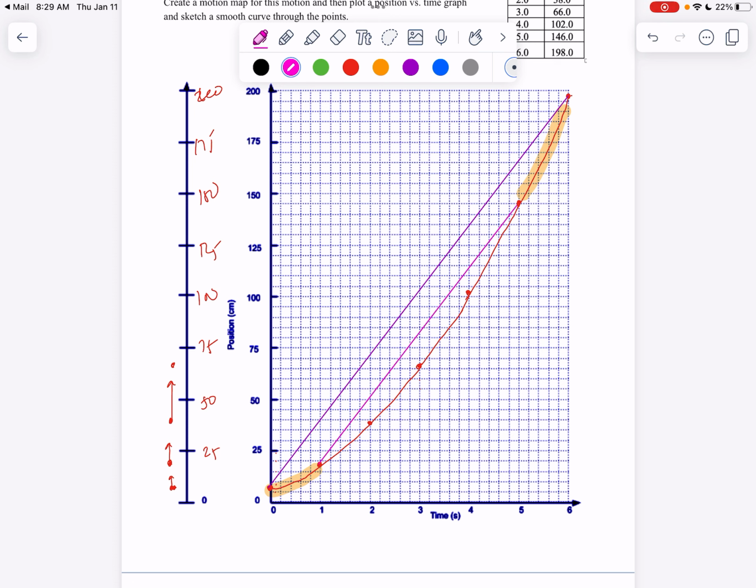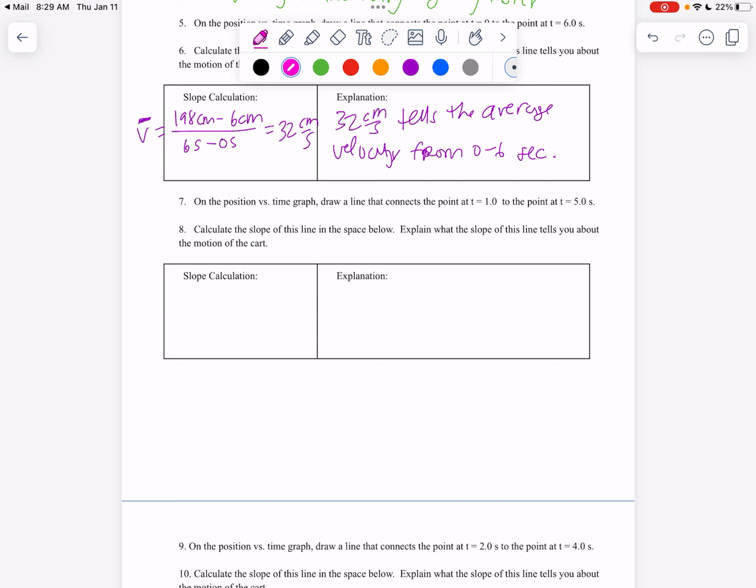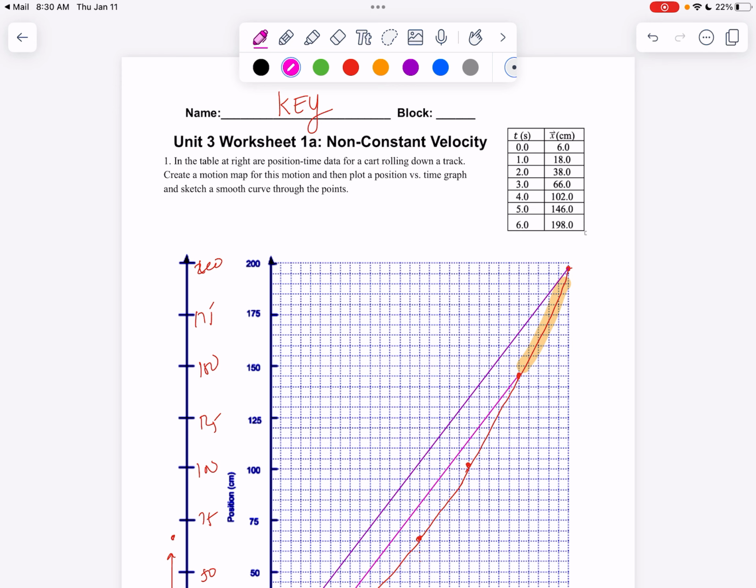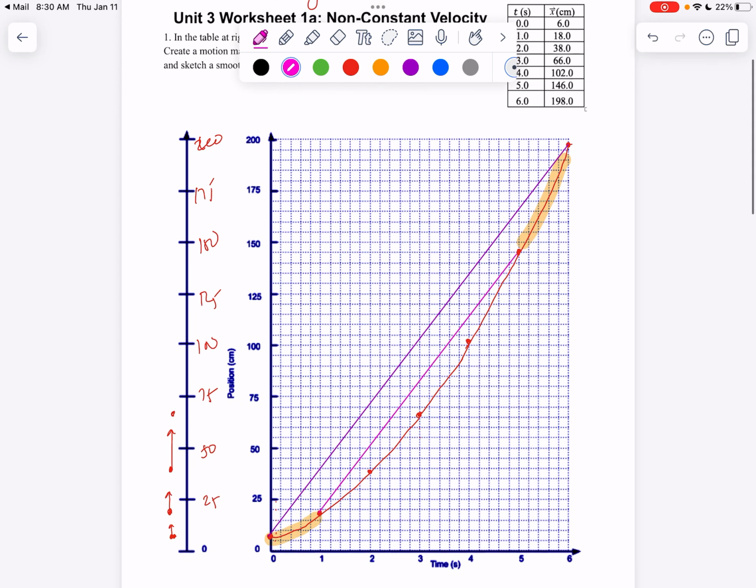Okay, so we're going to do the same thing with 1 and 5. So the average velocity between 1 and 5. We're going to go 146 minus 18 centimeters, and then 5 minus 1 seconds. And as soon as my pen comes back to life, I will write it. 146 minus 18. All right, so you're going to have hopefully,